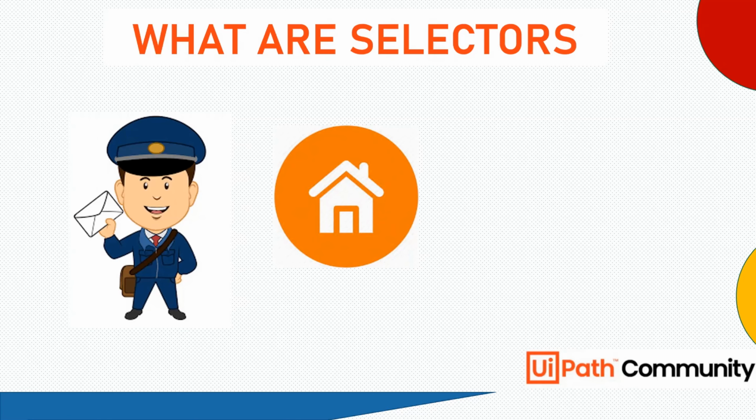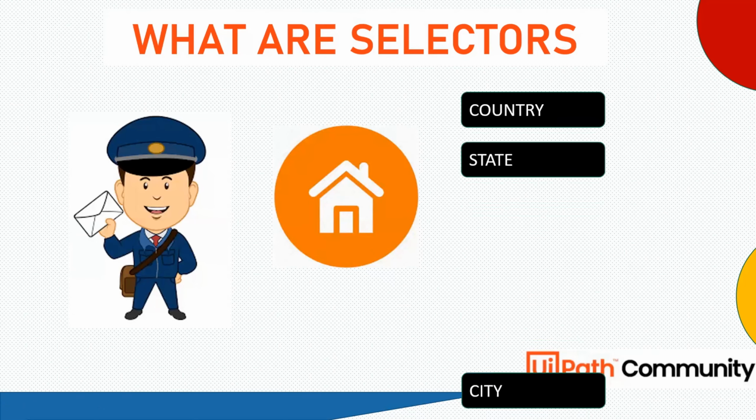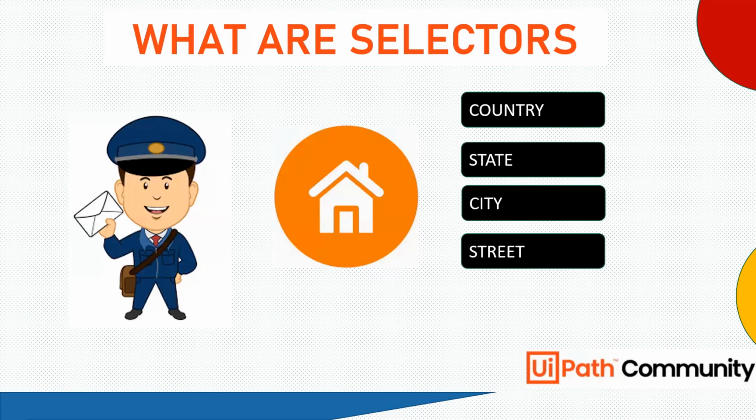I'm trying to understand you. Assuming that this letter is for me, how would the postman know that it should be delivered to me? The identification: my name, my country, state, city, then my street, and then my house number and phone number. Based on these details, a postman is able to identify that you want this packet to be delivered to this address.